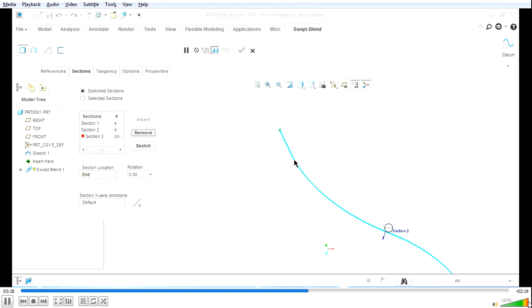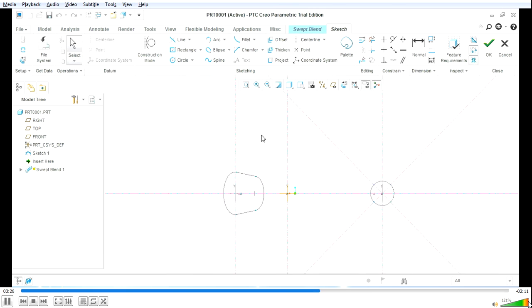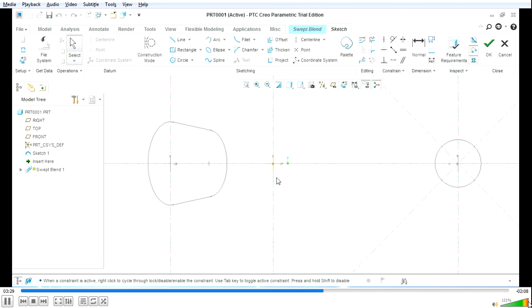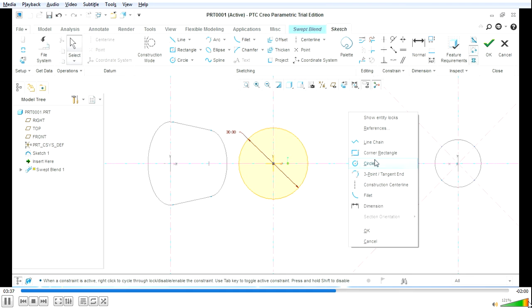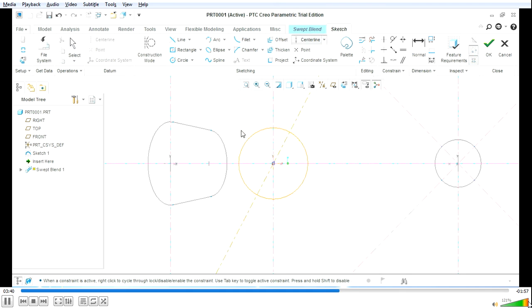Insert the third section. Select the third point tangential to the small curve and the line highlighted on the screen. Go to the sketch tool. The software will generate a sketching plane perpendicular to the trajectory at that point. Draw a circle, divide it into 4 number of entities. Since the oblong shown in section BB has 4 number of entities and vertices, all the sections involved in swept blend should also have 4 entities and vertices. Divide the circle as shown.